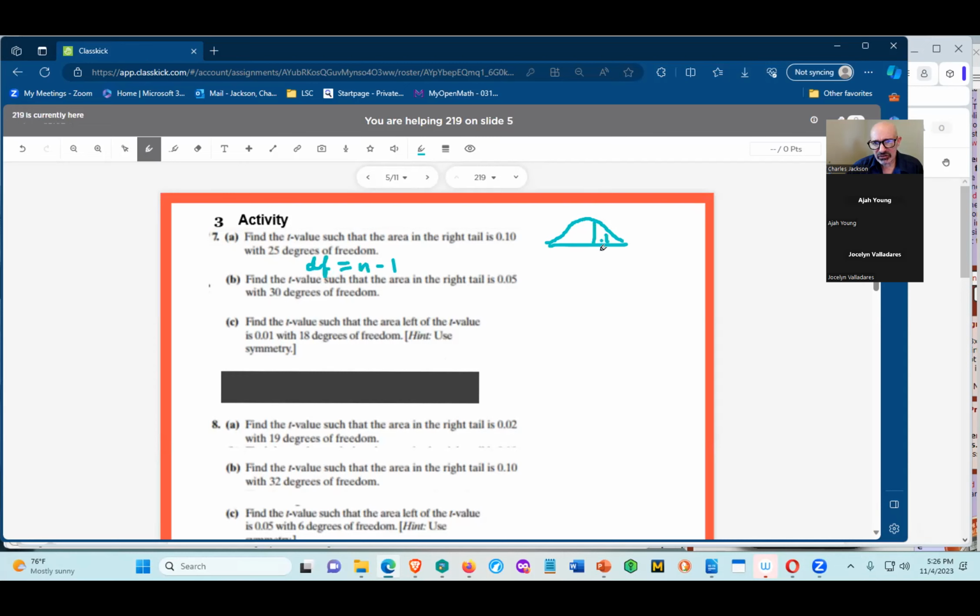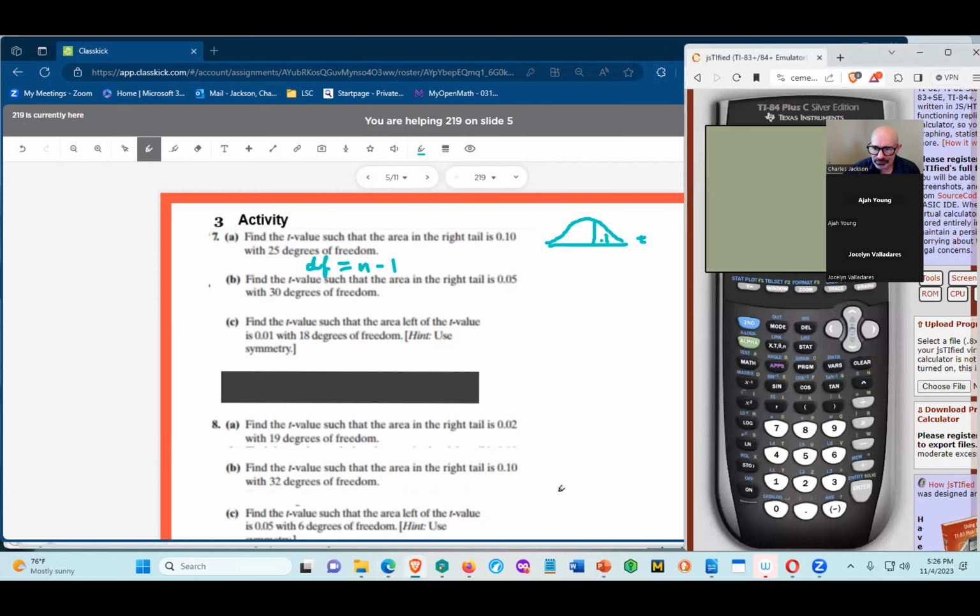And we want a value of t here. This is now a t distribution, which is kind of like z, and then in some ways not like z. It's a t distribution, and there's a value of t here. Now that's going to be positive. We can see it's to the right. So in that way, it's like z. T is actually a number of standard deviations from the mean. And to get the value of t in the calculator,